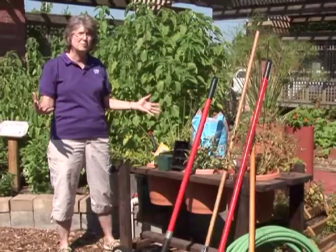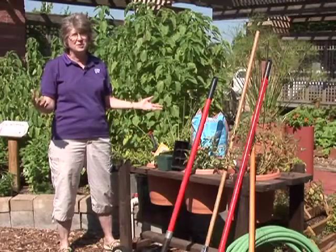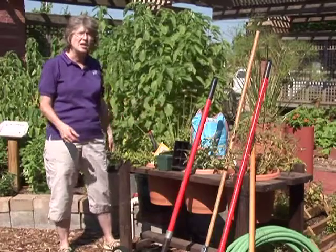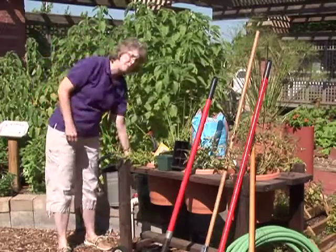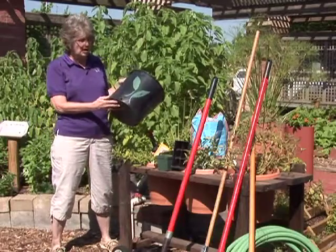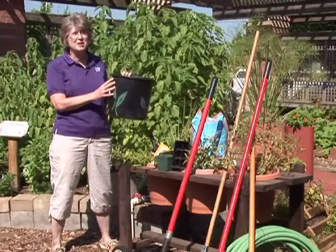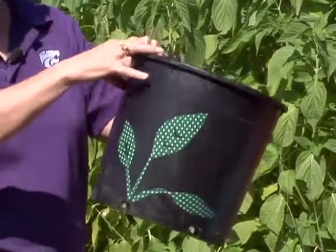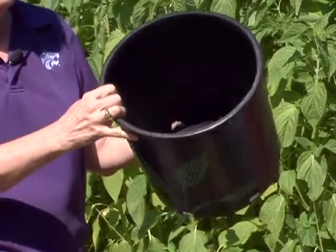If you don't have room for a garden bed, or maybe you live in an apartment or something, you can grow some vegetables in a container. And you don't have to buy something really expensive. This is just a recycled plastic pot. Decorated it a little bit. You could use some paints, or this is contact paper, but